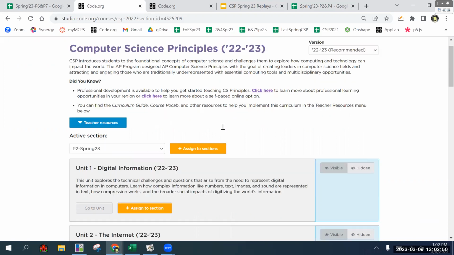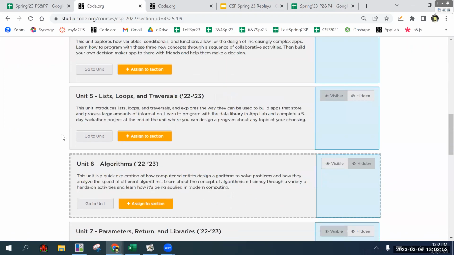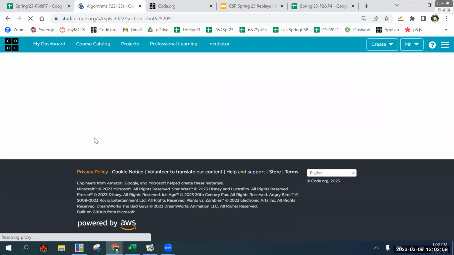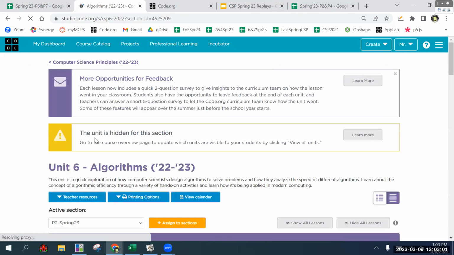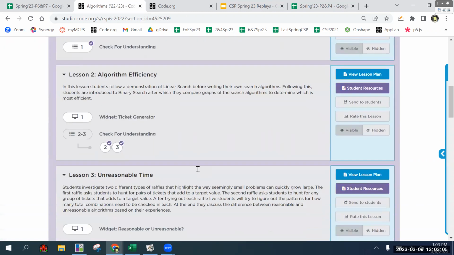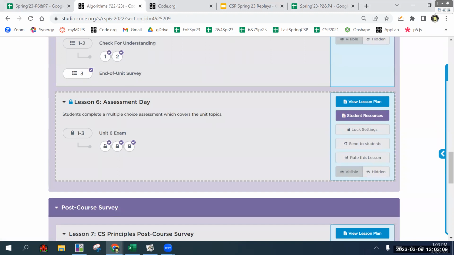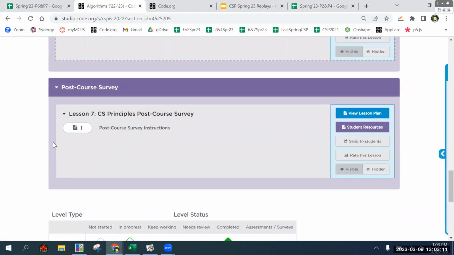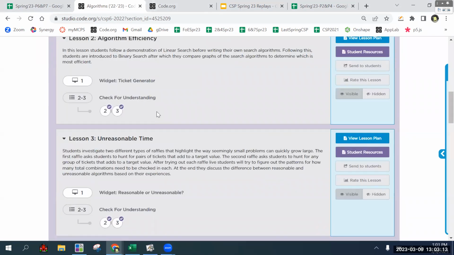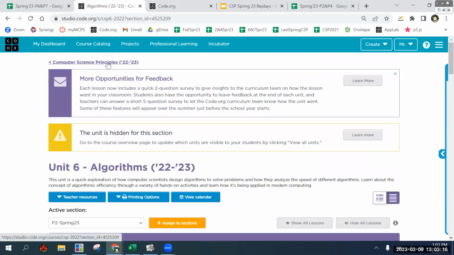But the unit is entirely offline. It has some important concepts that will be on the AP exam. And if you're not taking the exam, still just important in general to computer science. But it is not programming. It's not a programming lesson. It's just sort of computer science concepts, which, like I said, are fine, but they aren't going to help you with your project. So we're going to skip or postpone lesson 6